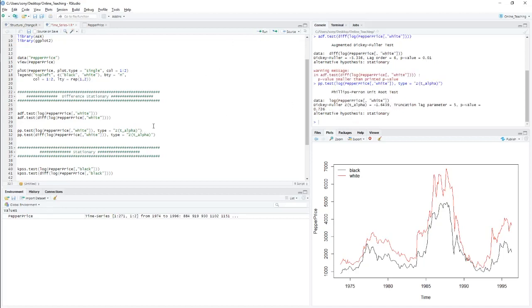So we run it. Here the alternative hypothesis is also stationary, and the p-value here you can see is 0.72. It is saying that we are accepting the null hypothesis. We are not rejecting the null hypothesis at a probability value of 0.72.